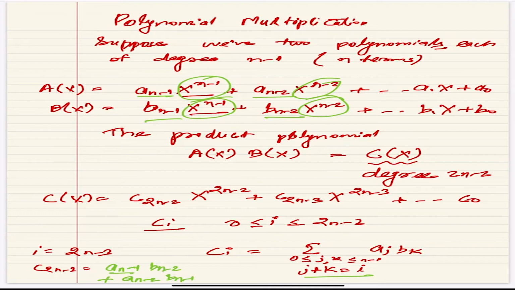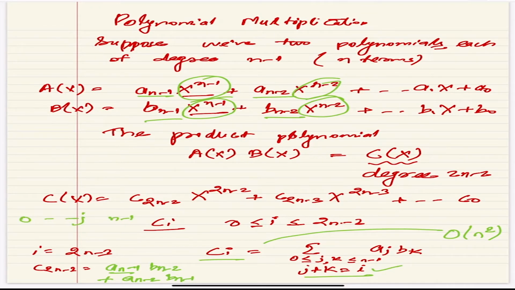Now just think about how much time it will take to compute all these coefficients. Okay. So let's say how much time it will take to compute a c_i. Now you have to multiply a_j and b_k and k can be from 0 to n minus 1. So if you think just that, you will say, okay, this is order n square. Now is that correct? Now someone will say, okay, no, this is not correct because I have an additional constraint, j plus k is equal to i.